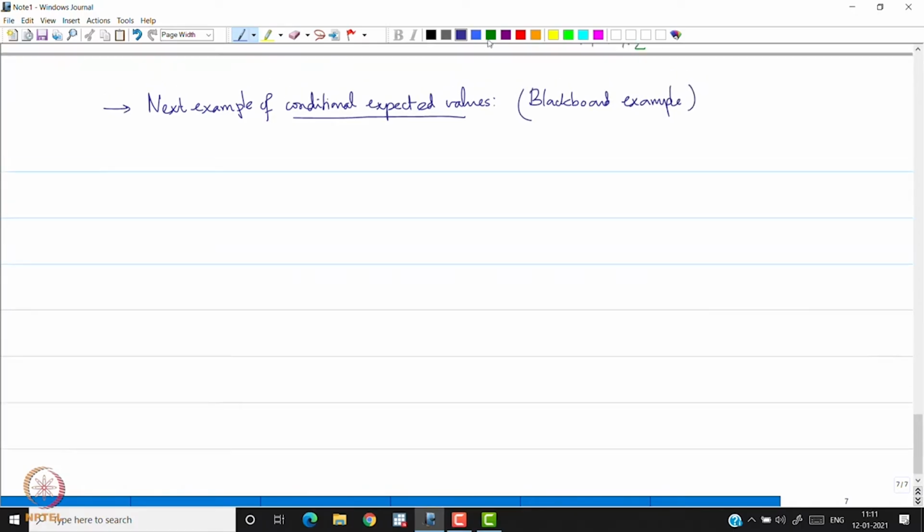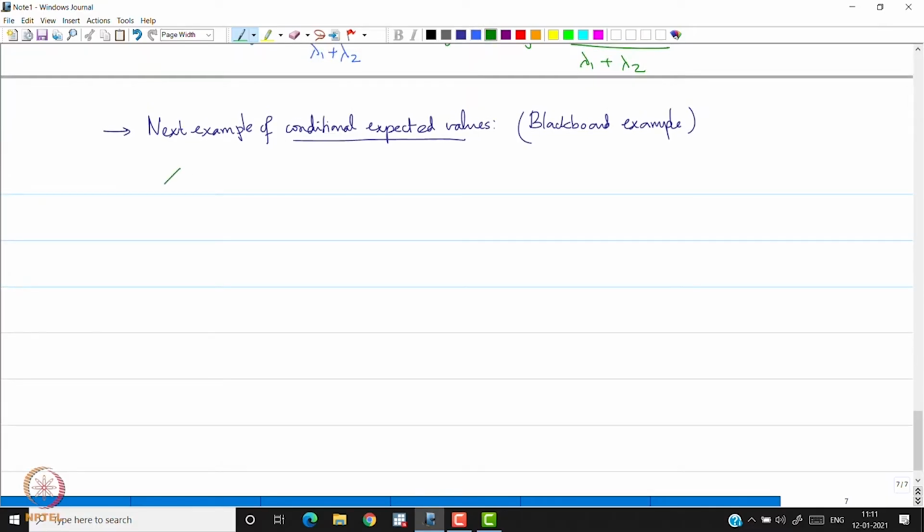So here X and Y are two continuous, jointly continuous random variables, such that,